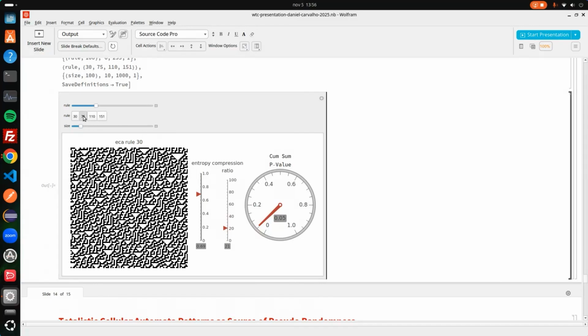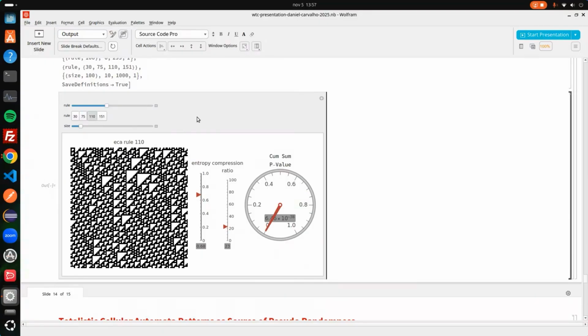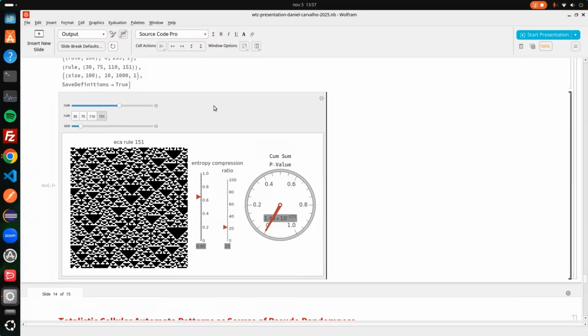Let's try this other rule, 76. Oh, here we have a 0.7 p-value. It's better. This pattern here is better for randomness. Let's see rule 110. Oh, rule 110 is very bad. It's a very low value, okay? It can be compressed a lot. It's interesting. And this rule 151,